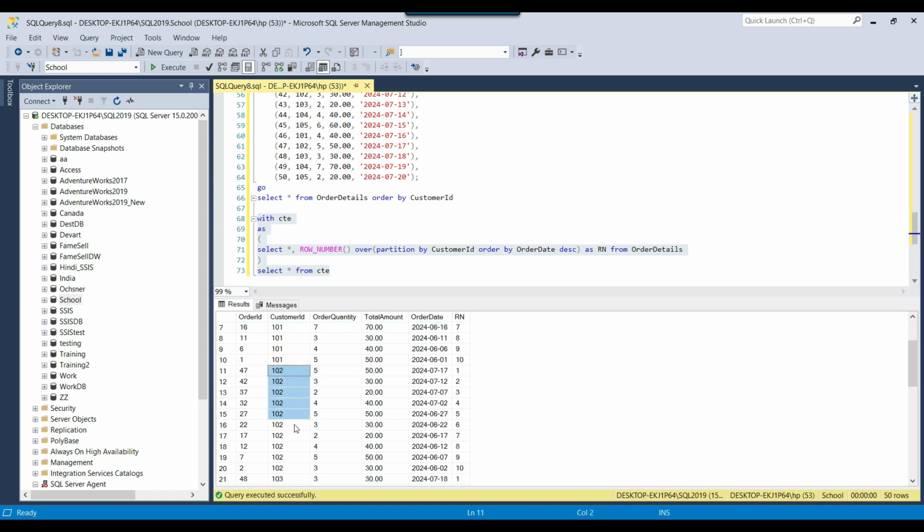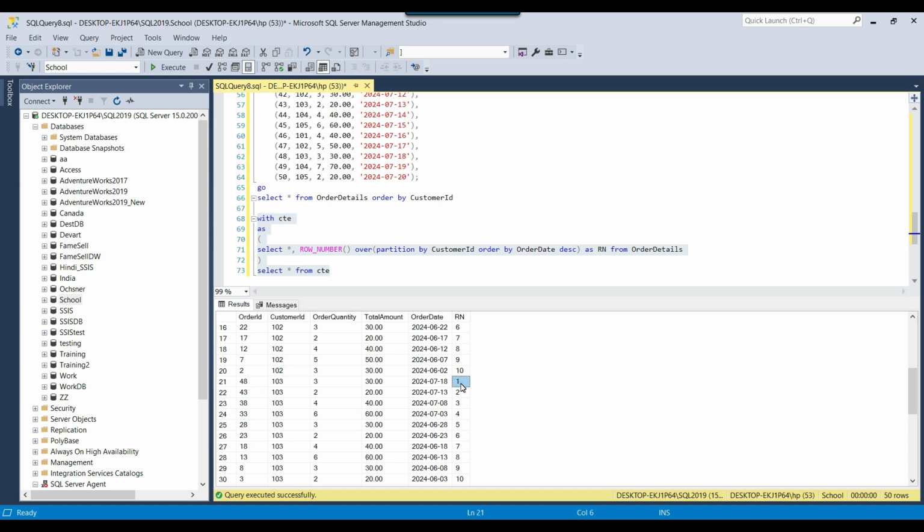In the same way, if you look at customer ID 102, for all the records of the same customer ID 102, the RN value started again from 1 after 10, because the 10 was for customer ID 101. Because the customer ID changed and we did a partition by customer ID, the RN started again from 1. It goes up to 10 because there are 10 records for 102, and the value 1 is given to the most recent order date. So this is the highest order date for 102. Same way for 103, the RN again started.